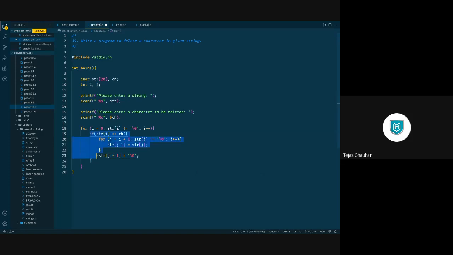Now, एक character जैसे ही आपको मिलता है, you do this process, and if you break this loop, sorry, not here, inside this if condition, अगर if के अंदर आप break कर देते हो, then it is going to delete only one character, the first occurrence of the given character.